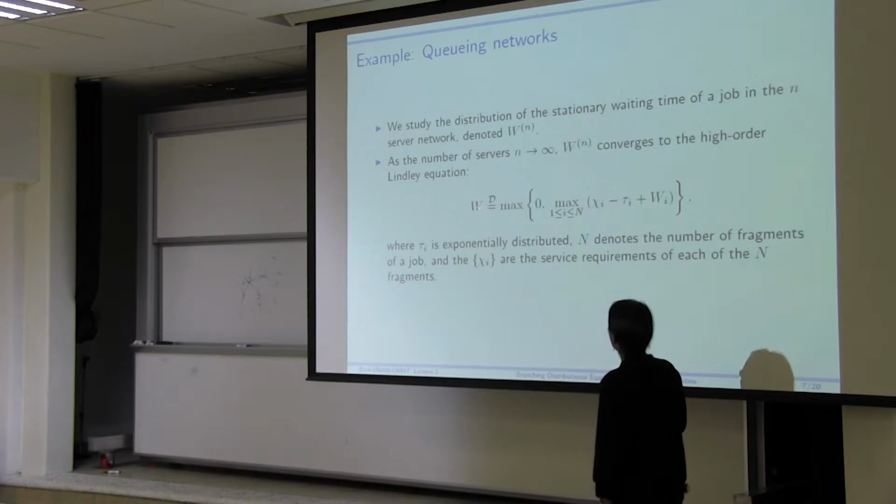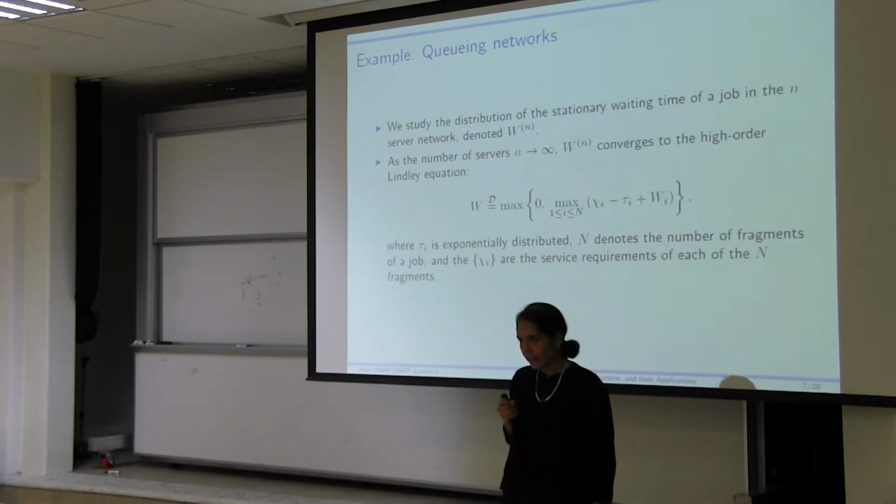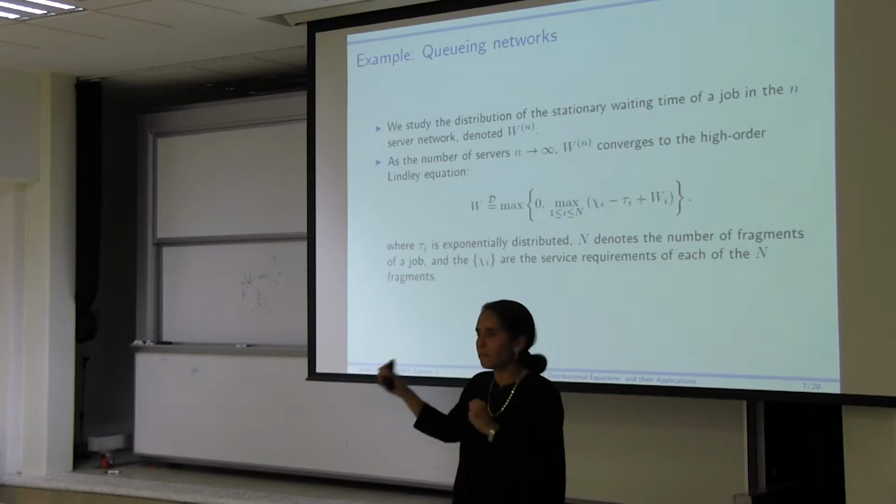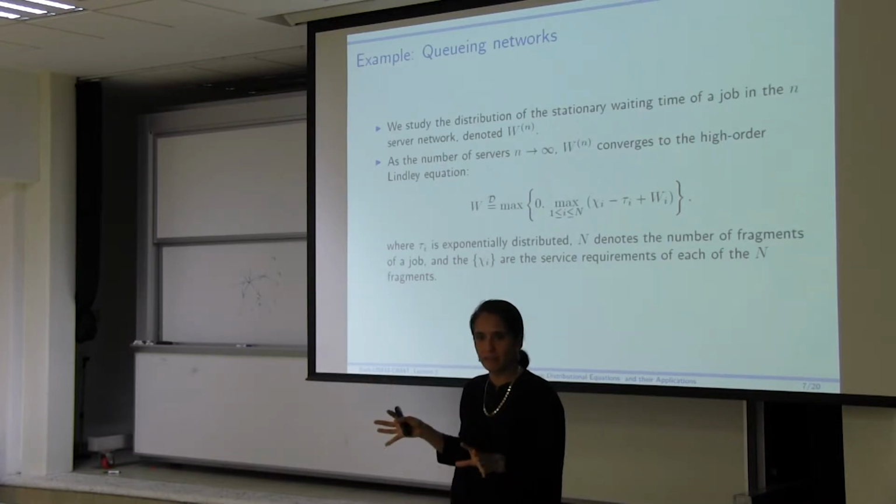What we have there, again, in the pre-limit, this is not a Lindley equation. This is not a higher-order Lindley equation. And the reason for that is because there's a lot of dependencies. And you can have sort of crashes in between pieces. For example, 2 pieces of the blue job could be behind 2 different pieces of the pink job. And that creates a lot of dependencies and complicated things.